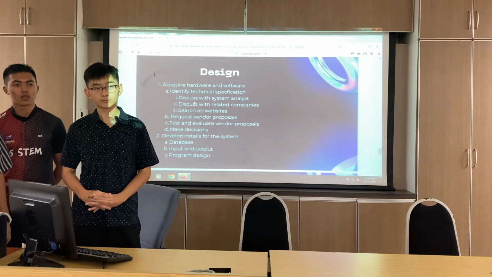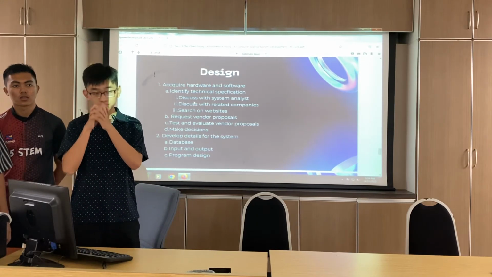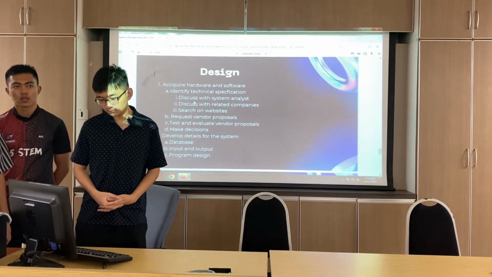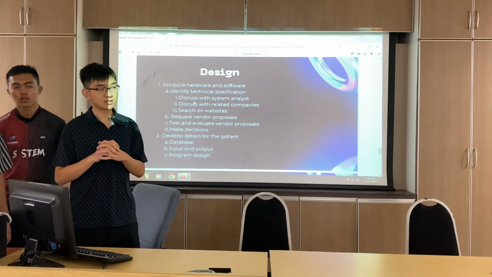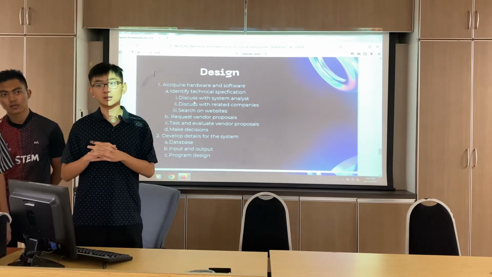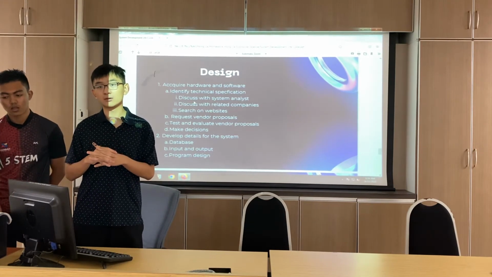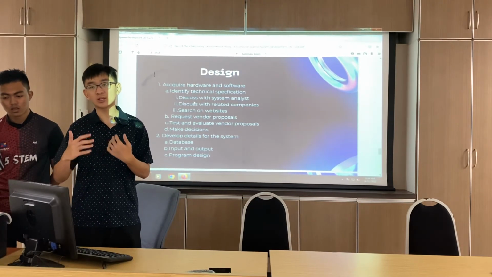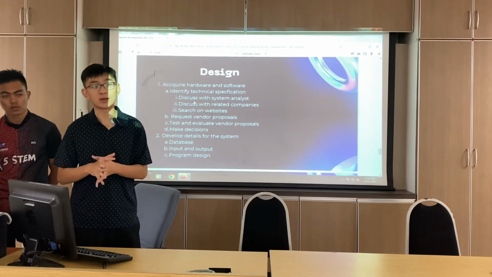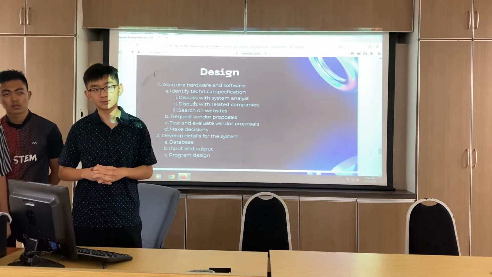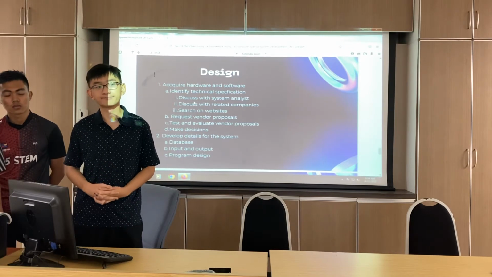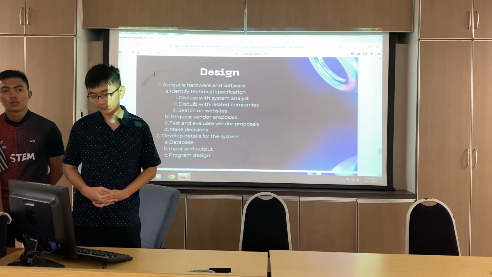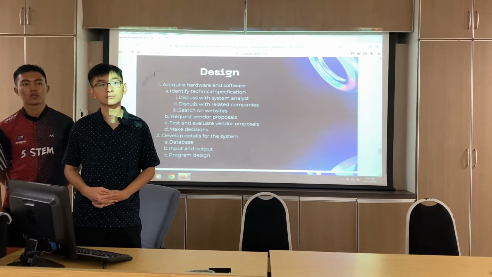Is it the technical specification you need, the server spec, and then the packaging equipment? We test run it, does it work? Maybe for the systems, can it actually store how much of the users' data and also employees' data, staff data? The capability of that server to store the users' data and how fast. So you need to test. And then you need the proposal and to evaluate it from the vendor.